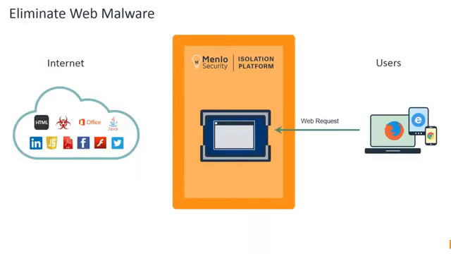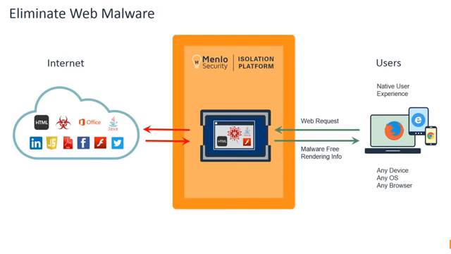Anytime a user clicks on a web link or types a URL into their browser, their web request is proxied into the isolation platform, which browses the web on the user's behalf. It fetches the content and fully executes the user's web session. Only the rendering information, which is 100% safe, is sent to the user's device into their native browser without any need for endpoint software or plugins. All of the content from the web, good or bad, remains within the isolation platform